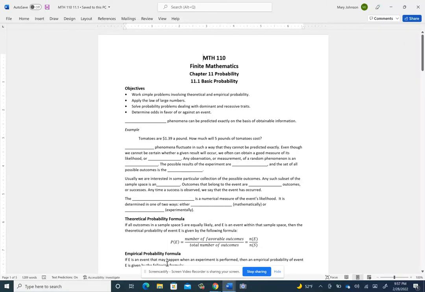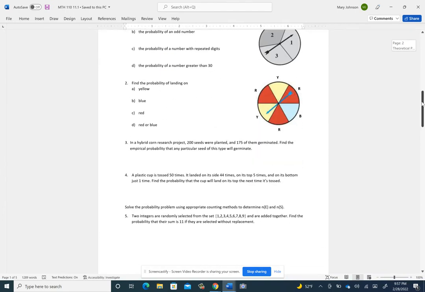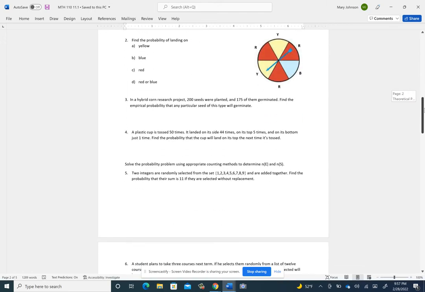Okay, I wanted to do a video to finish up the 11.1 section. We had gone through most of this last class. The key idea was just basic probability questions. We went through several of these last class, and I think we had gotten all the way through